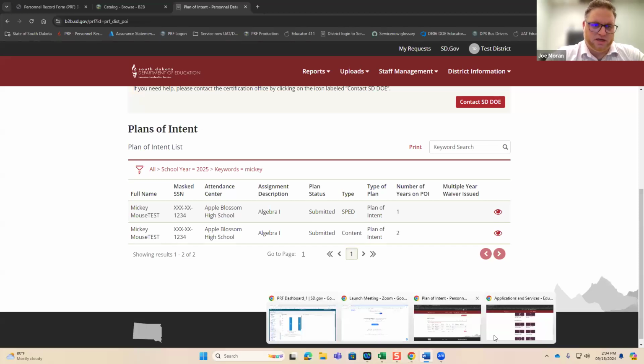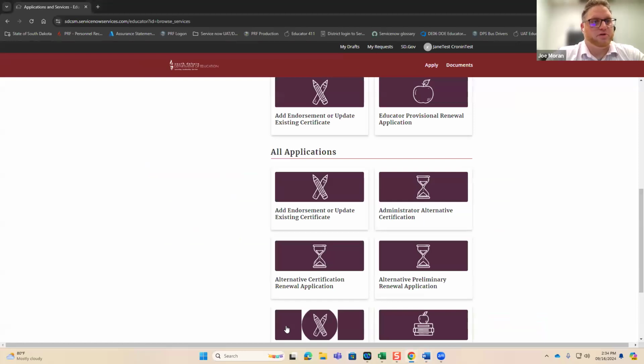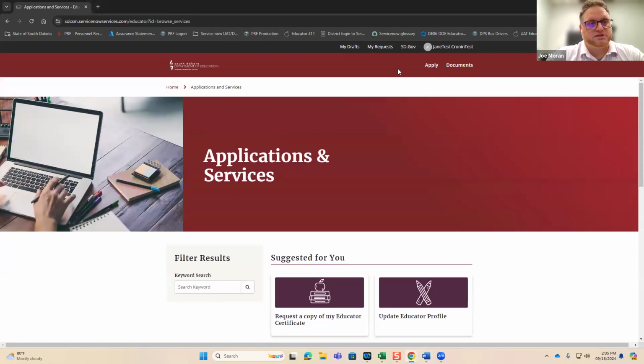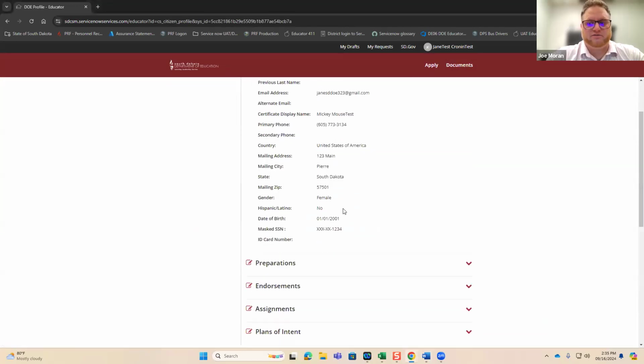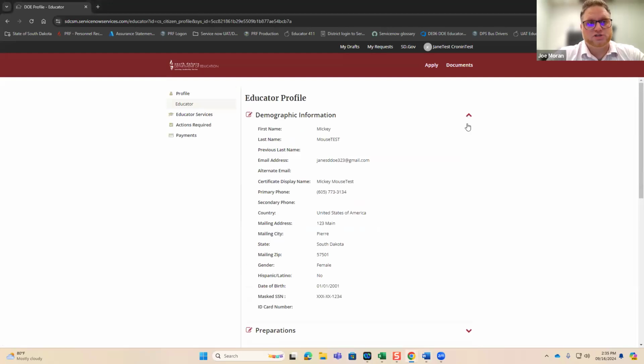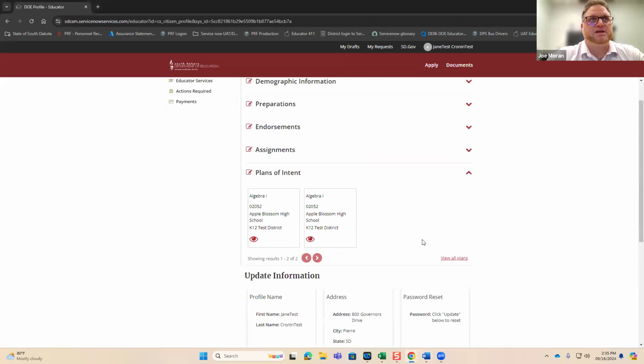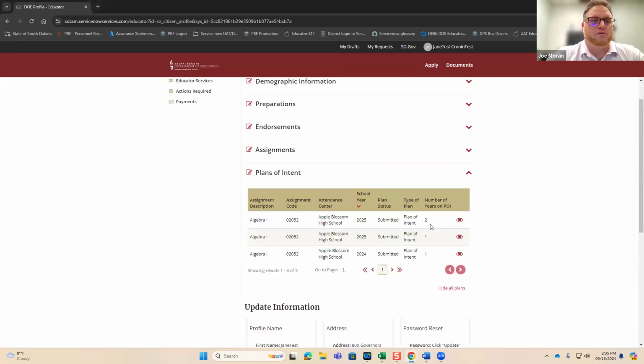And as you can see there, Mickey had one last year. So the numbers of that plan of intent added up to 2. So that's a case where he had one last year and again has another plan of intent because he's on year 2 to complete that. So it's not as if the plan of intent is added through the certification system, but when you add the assignments, that person will have a plan of intent generated based on that assignment. Because if Mickey were to be reassigned this year to a different course that he has the certifications for, there would be no need for that plan of intent this year.